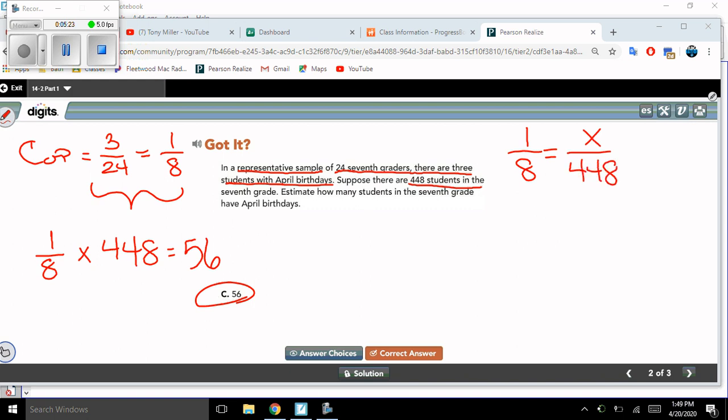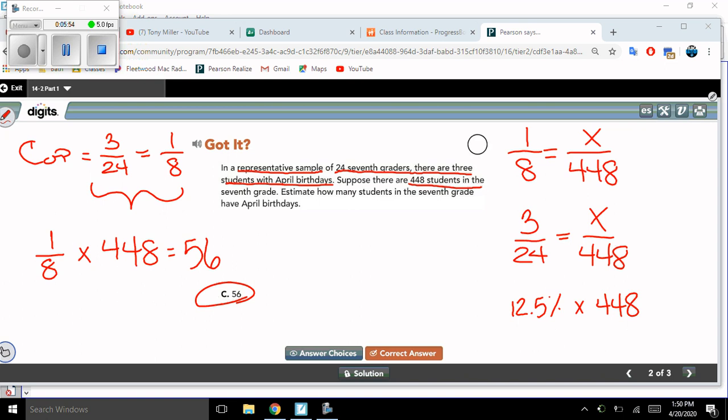You could have gone back to the original fraction or the original ratio: 3 over 24 equals x over 4/48. This one might have been a little tougher with the percent just because it's not widely recognized, but if you look here carefully, 3 over 24, 1 over 8 is actually 12.5%. If you wanted to go that direction, you could multiply 12.5% times 4/48. So there's, like I said, 4 scenarios, and I'm giving you 4 techniques that you could use